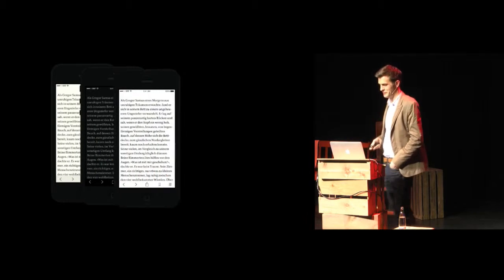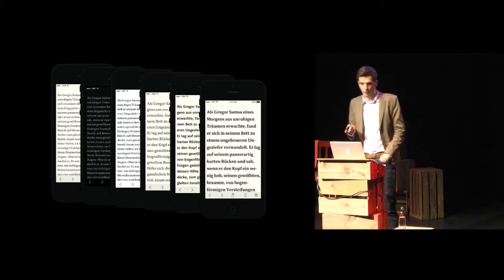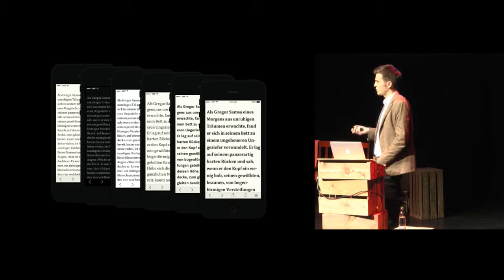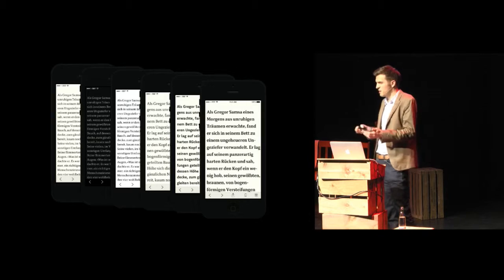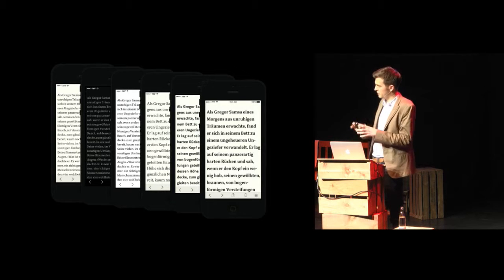Maybe not. Maybe. So these are just a few ideas of how we could maybe use data and sensors to replace user settings, because settings are always like a compromise, and you couldn't really make up your mind. So you ask the user something. Maybe you can also analyze the context in the future.